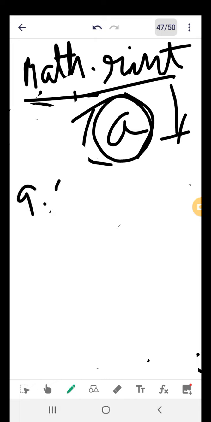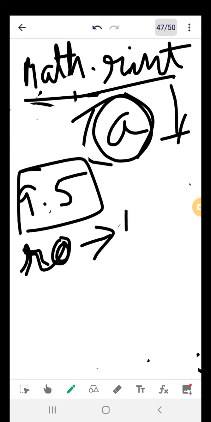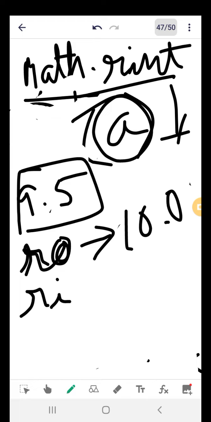If it is 9.5, for example. So here RO represents the round function. So round function, what will it return? It will return 10.0. RI represents the rint function. There is no space, so I am writing like this. 9.5. So the rint function, if it is there, it will also return 10.0. But if here it is